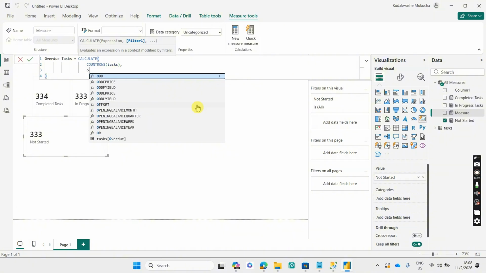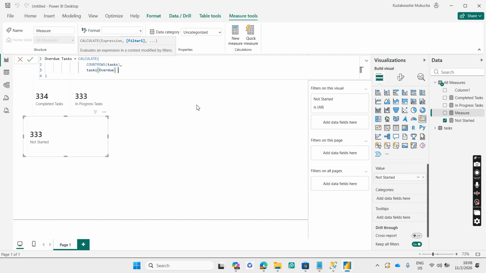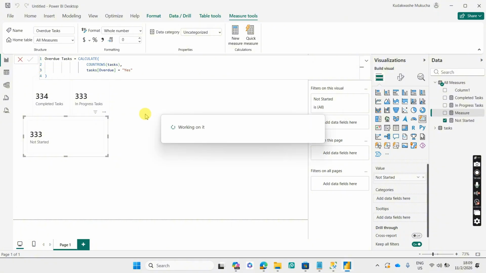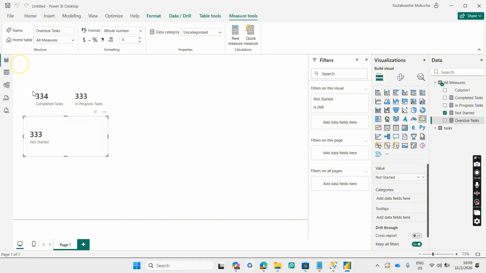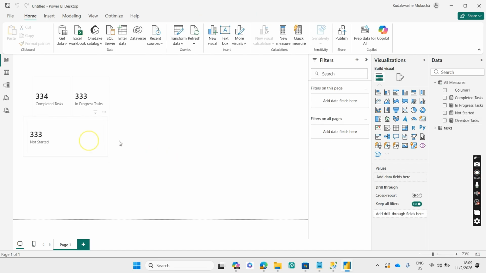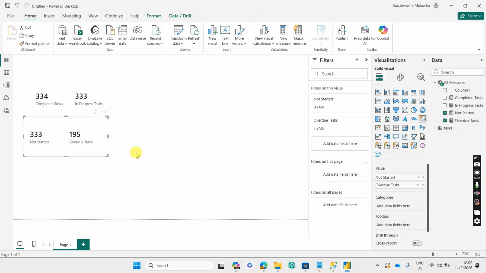So we say we want the overdue column, and we want to filter those with the yes value. We want only those rows or tasks which have an overdue status of yes. So you click commit, click this card, add overdue. So that is it. We now have our completed tasks, our in progress tasks, our not started tasks, and our overdue